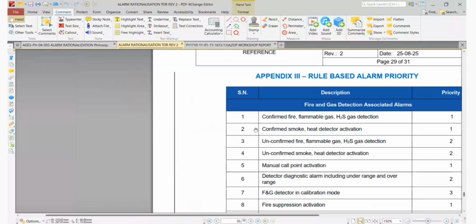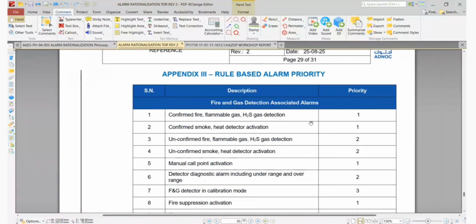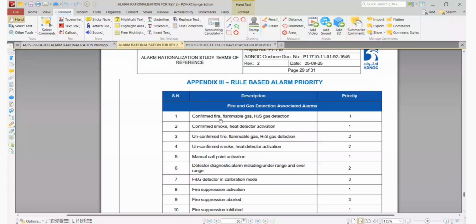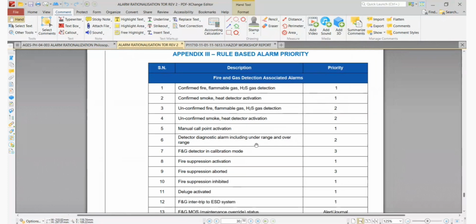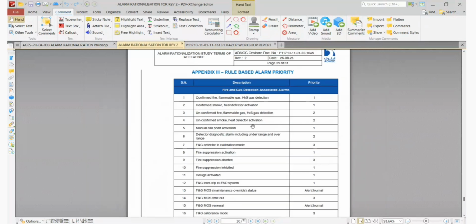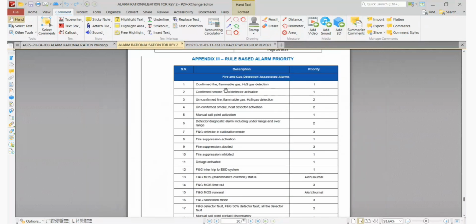And after that, if you see, this priority is given by default. If it is coming in fire and gas alarm, irrespective of risk, it will be prioritized as P1. There is no need to do the alarm rationalization. It is by default P1. Let's say if it is coming from fire and gas detection in calibration mode, it is P3 because you are doing calibration, you are doing some testing. So this is P3. So if any alarm is coming in this category, we will qualify the